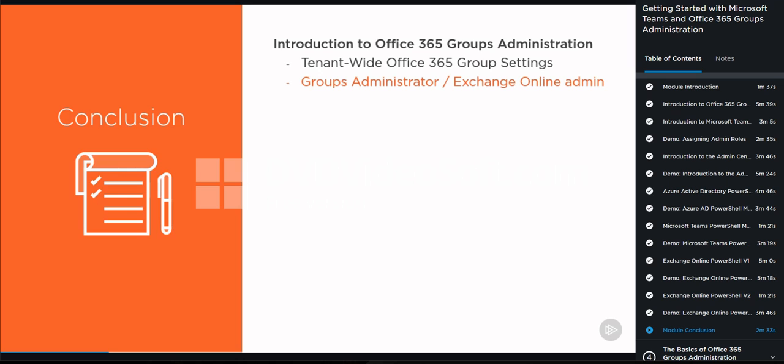In the next modules, we'll learn how to manage the different aspects of both Microsoft Teams and Office 365 groups, starting with the basics of groups